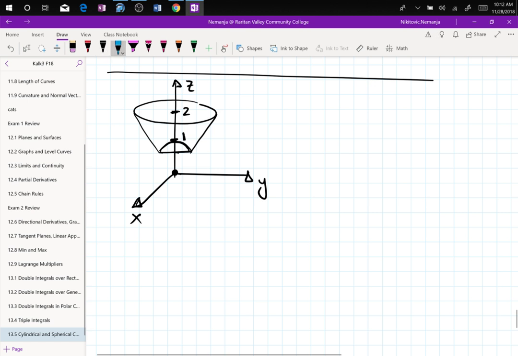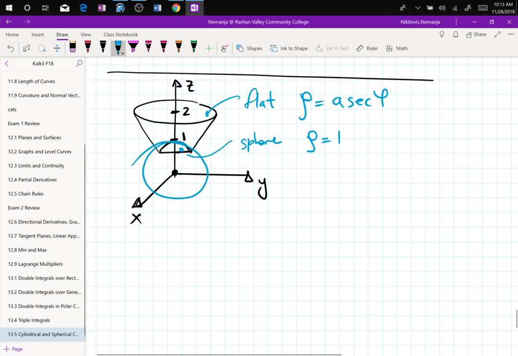So the top is flat. We know that that's going to be given as rho equals 2 secant phi, right? The bottom is a ball, a sphere, rho equals 1. Because there will be a ball over here of radius 1 that fits, and that's what's scooped out, the bottom. And I already said that the angle over here is pi over 4,